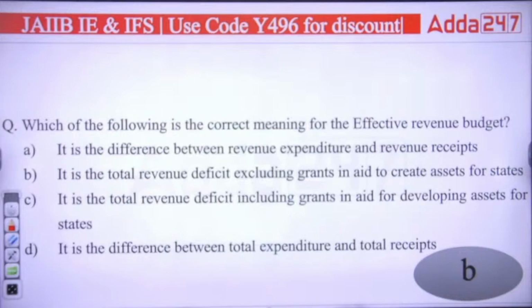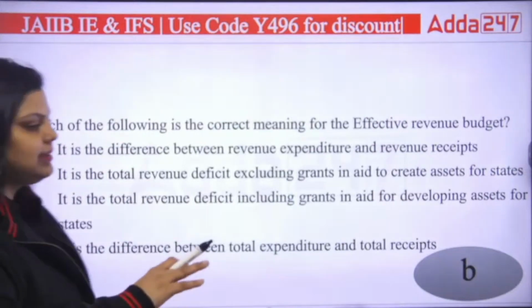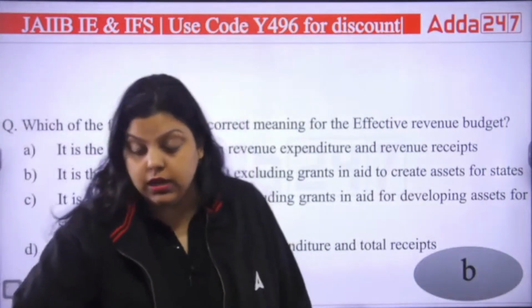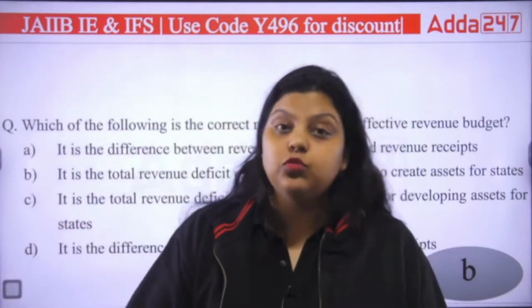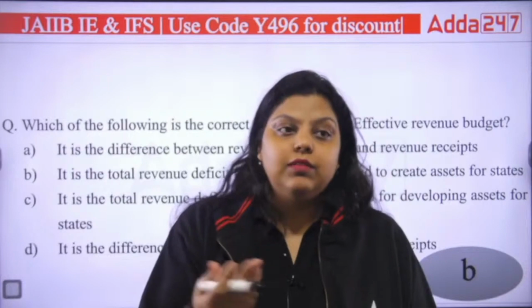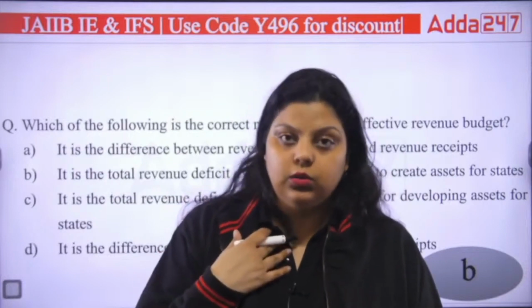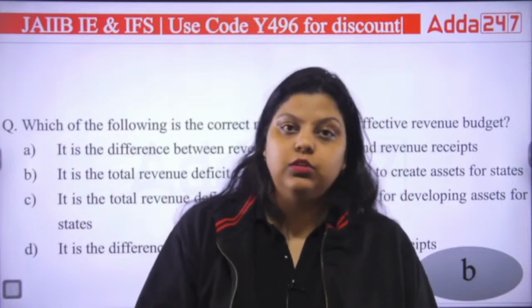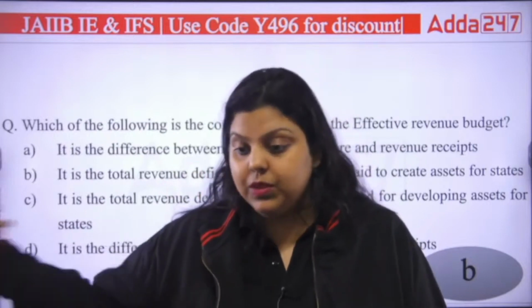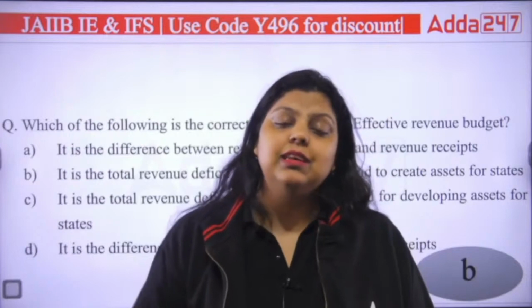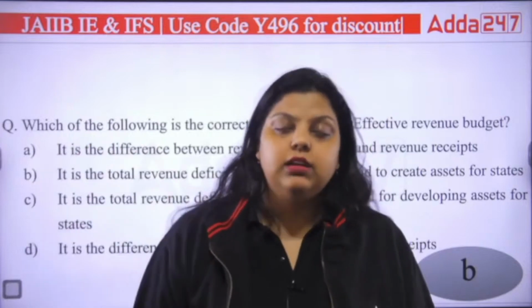Okay. So effective revenue deficit tells us what actual loss the government has faced in developing the economy by removing the grants from the revenue deficit. So let's say the revenue deficit we have faced is 100 crore. The revenue expenditure is more than revenue receipts. So a 100 crore loss we have faced in the economy while developing the economy or doing the day-to-day activities in the budget, right?